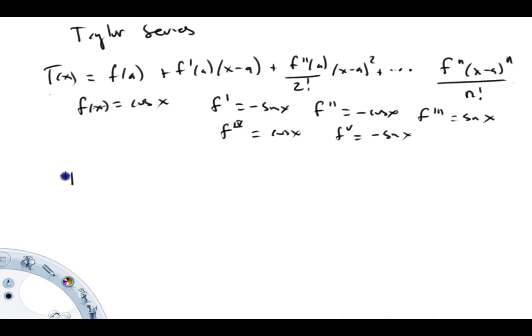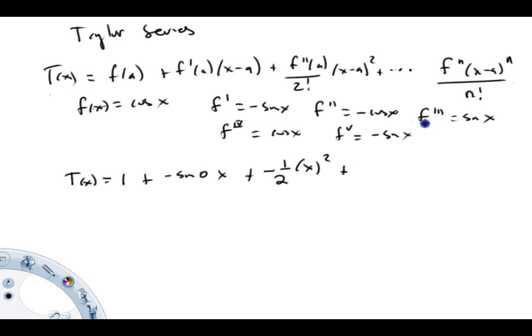So our Taylor series approximation for cosine x, and again we're going to do this around x equals 0, is going to be f of 0, which is 1, plus f prime of 0 times x. Now that's going to be minus sine of 0 times x, so that thing is just 0. The next term is going to be plus f double prime of 0 over 2 factorial, so double prime here is minus cosine, evaluated at 0, it's going to be a minus 1, so that next term is going to be minus 1 over 2 factorial, which is just 2, times x squared,